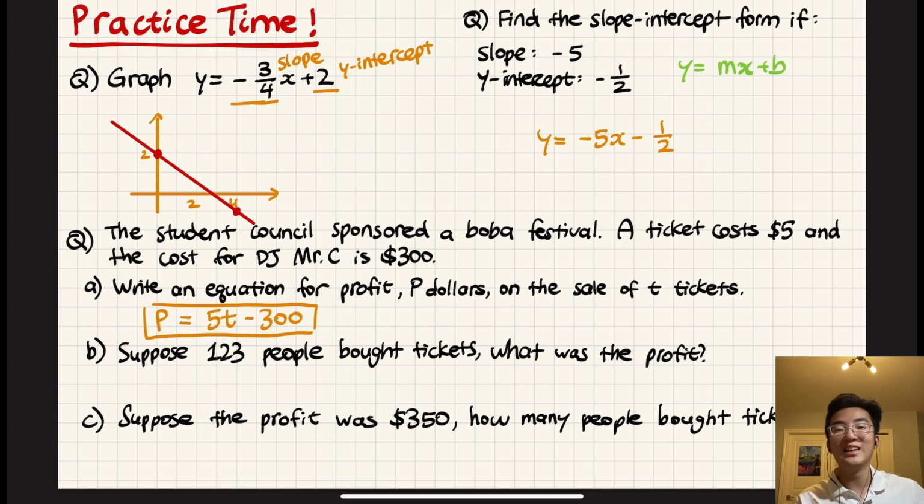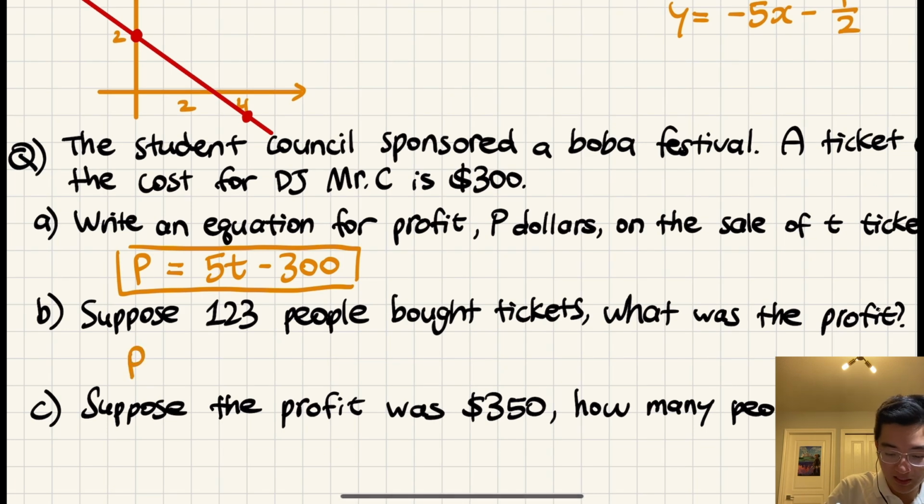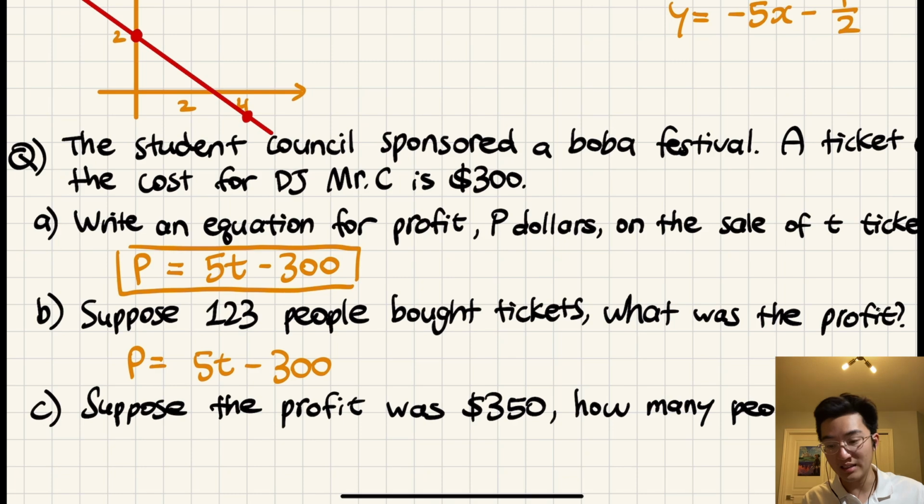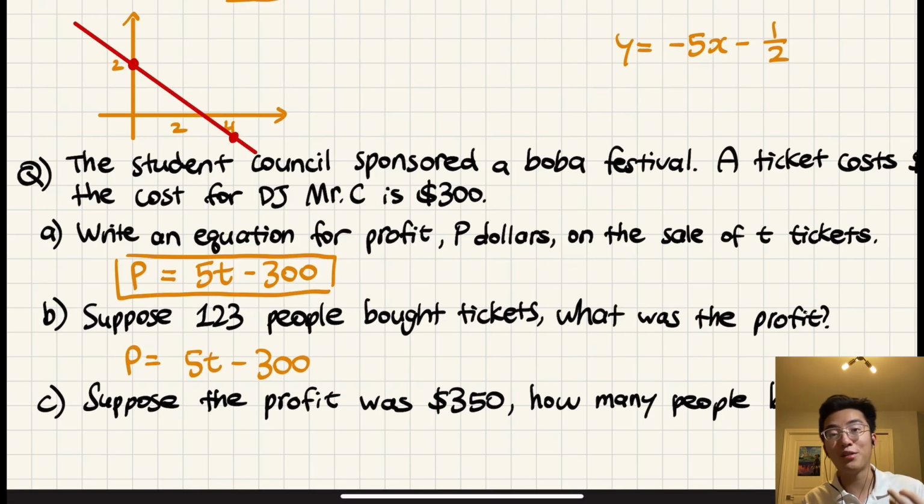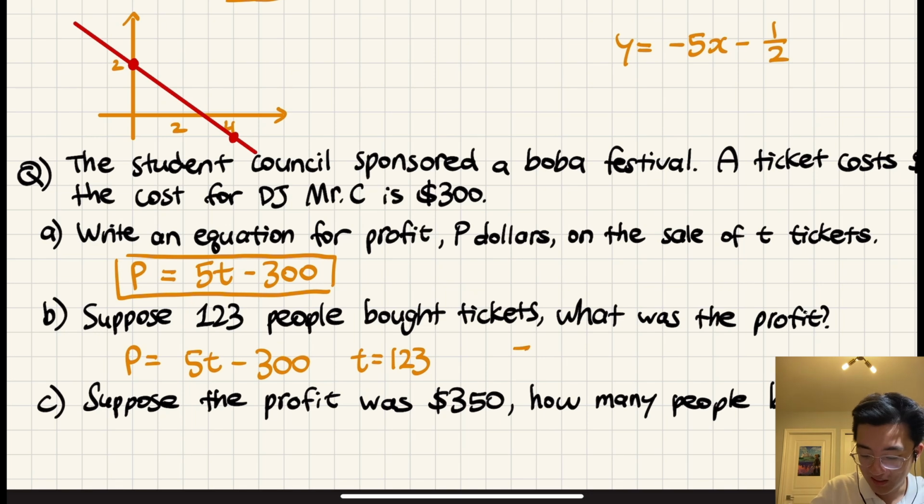What is the profit? So now this is where the slope-intercept form is very useful. All we have to do is plug in one variable and then figure out from there. We know P is 5T minus 300. T, in this case, is the amount of tickets sold, and 123 people bought the tickets. So T equals 123. Now this becomes a regular algebra question, or plugging into a calculator, right? So you get 5 times 123 minus 300 equals P. So we have